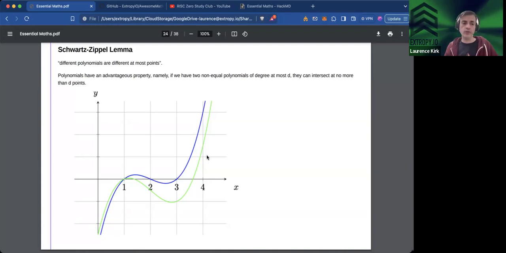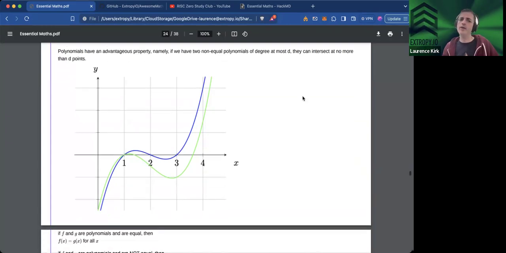The verifier will see that the evaluation is wrong, because the points where an incorrect polynomial would match a correct polynomial are very few. It is much more likely that the evaluations are going to be different, and that's all because of this Schwarz-Zippel lemma. Okay, but I am taking some liberties here by talking about